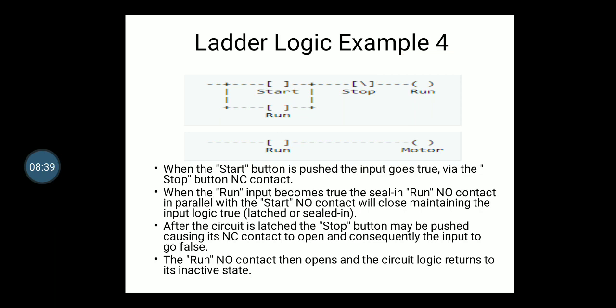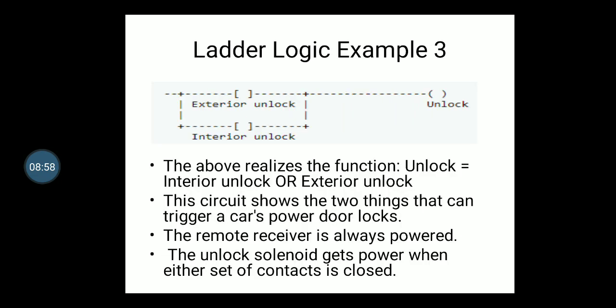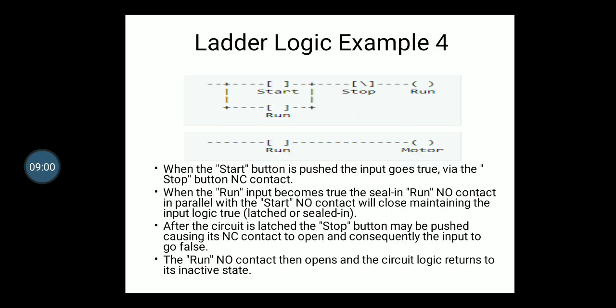When you press start, the current will flow from here because the stop is already in closed position, and the machine will run. And whenever you press this button, it is normally closed, but when you press it, it will become open. So the current will not be able to flow from here, right? And the machine will stop, right? So this is a simple process: start and stop, and then after that run, right? So that is simple.